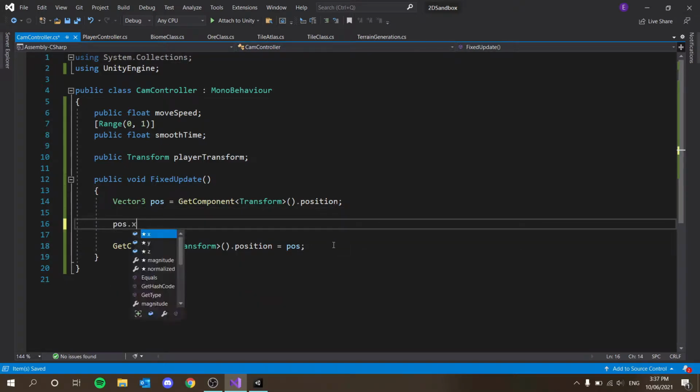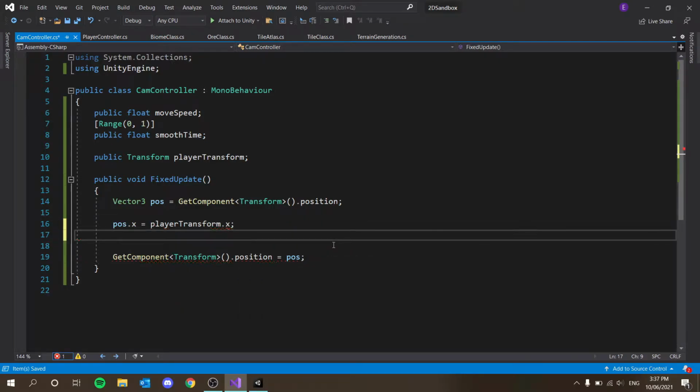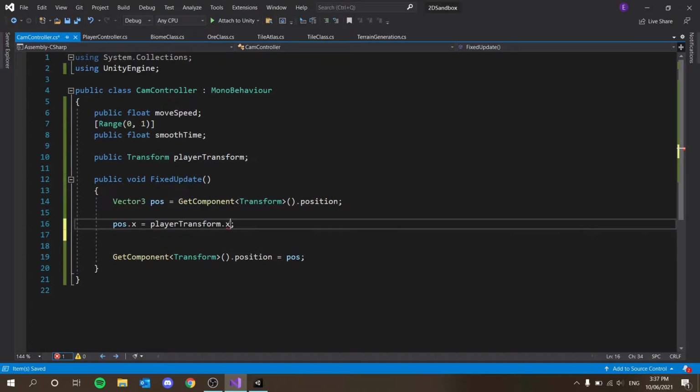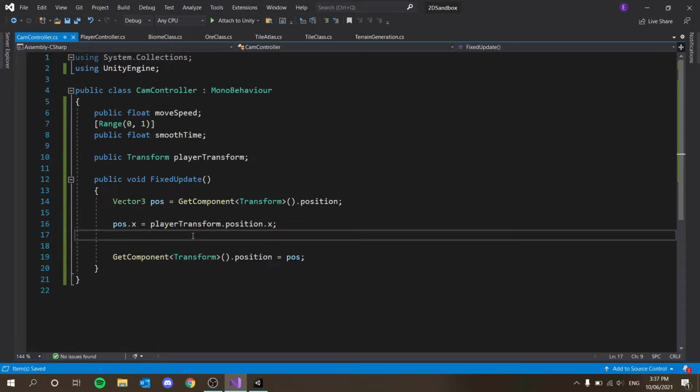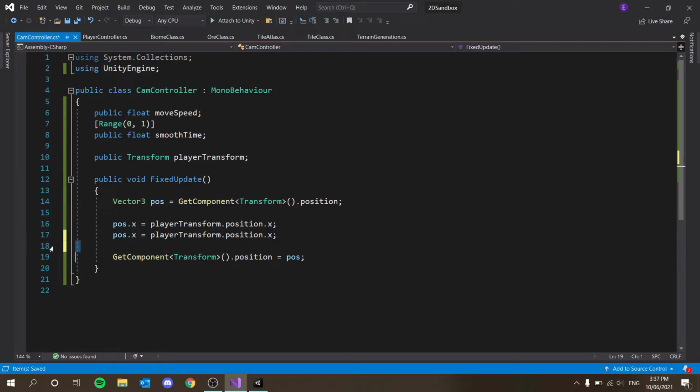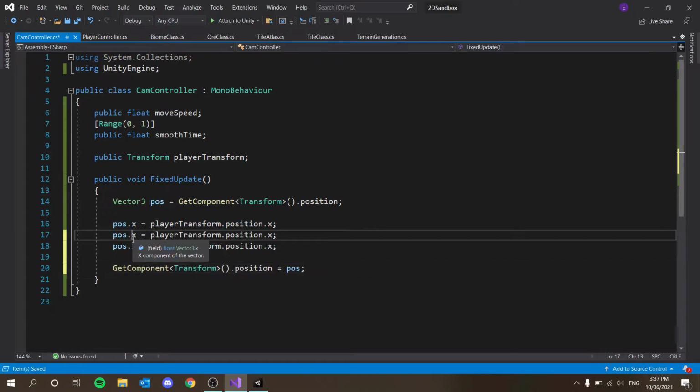So pos.x equals playerTransform.position.x. There we go. And we're just going to do the same to y and z. So pos.y, pos.z,